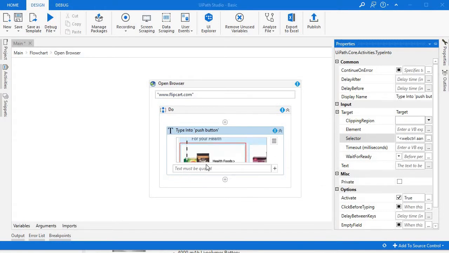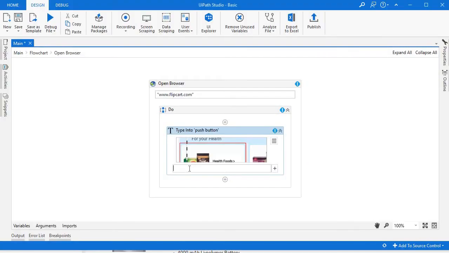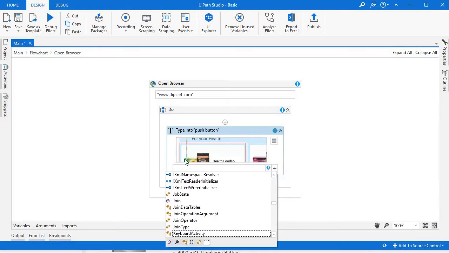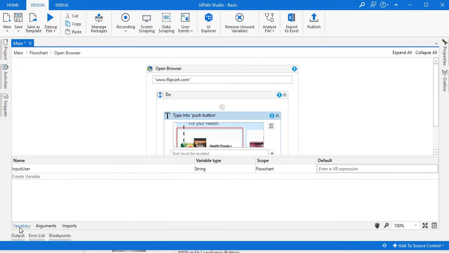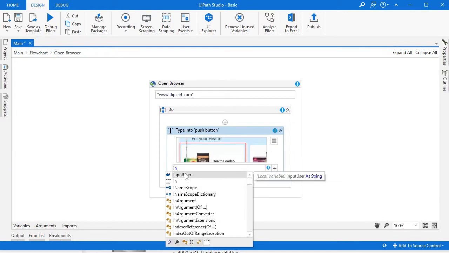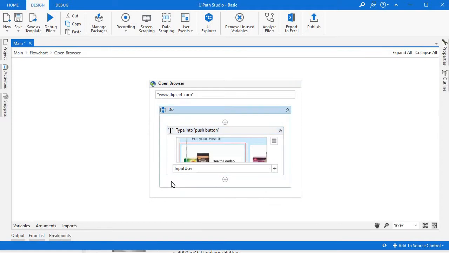And if you type something, then you need to give it over here. Like we need to give the keyword input user here. So the error is gone.